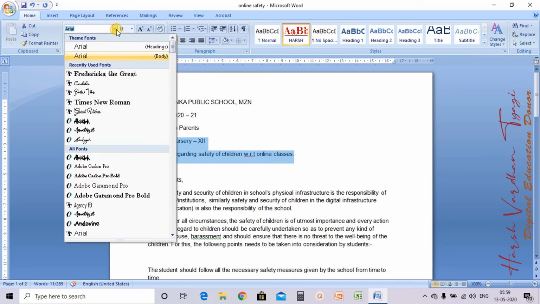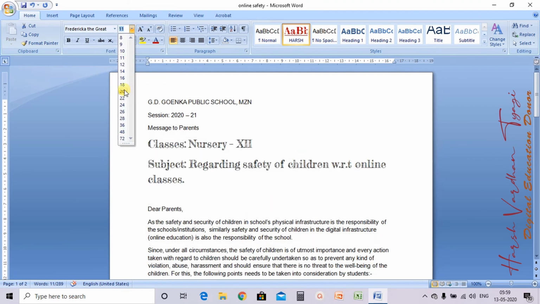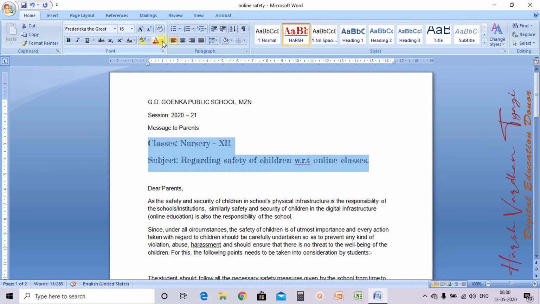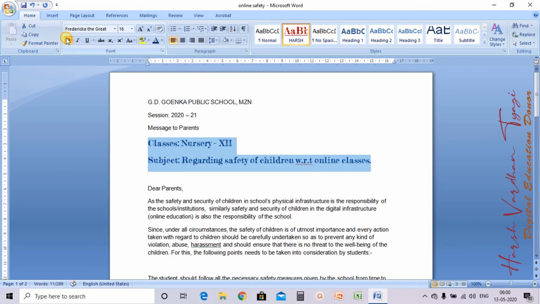I am changing its font face, then font size, changing the font color, okay, making it bold, and then giving it strike through. Now what I have done, I have made formatting changes in a certain piece of text. Now suppose you want to apply the same formatting on the rest of the document. So how can you do that?